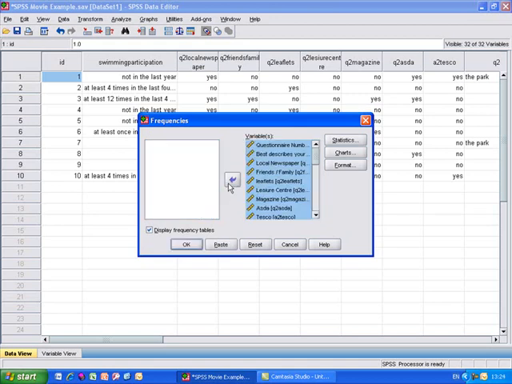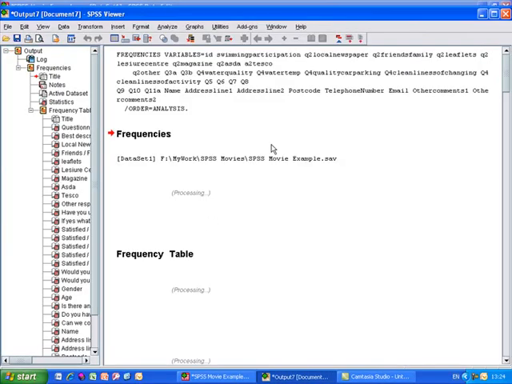Use the shift and the down arrow to highlight the variables, and then click the middle arrow in the dialog box to move them across. All of the variables will be on the right hand side of the box, and all you need to do now is click OK to run the frequencies for cleaning. One thing I'll mention before we move on are the statistics, charts and format options, which we'll come on to in data analysis a bit later on. This will be discussed in future tutorials. So click OK once all the variables are across,